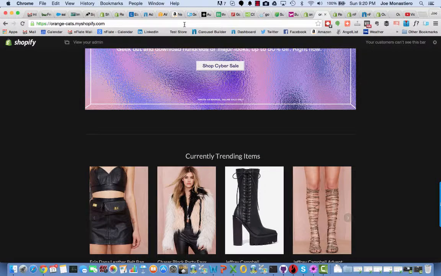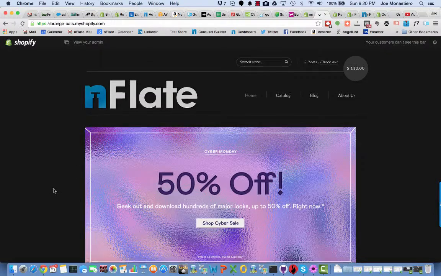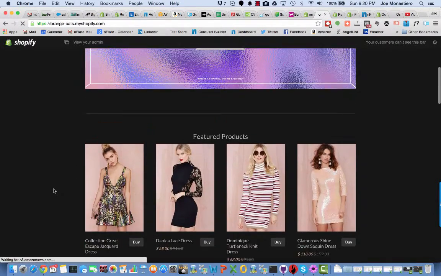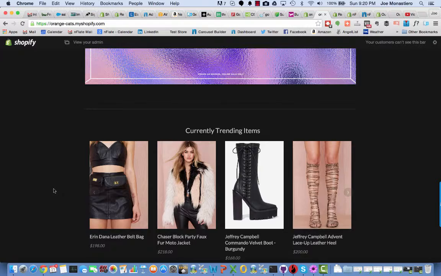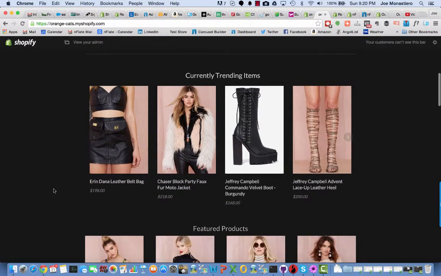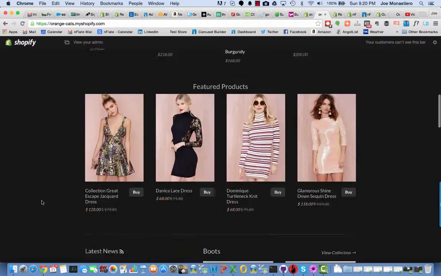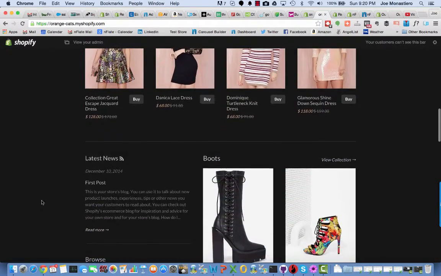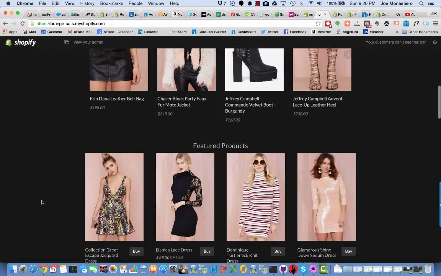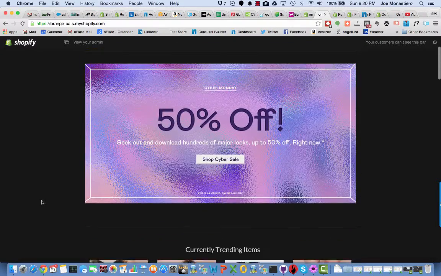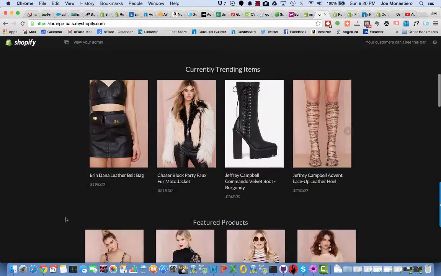If I go to the site and I refresh the site, you'll see that here we have featured products, and you'll also see that the currently trending carousel just popped up. So you see this matches exactly the new standard dark theme, and the carousel is automatically populated in the right place. If I go to a product page,